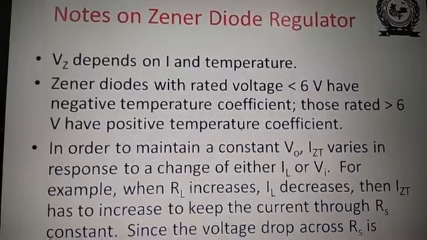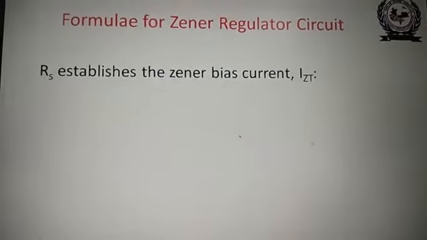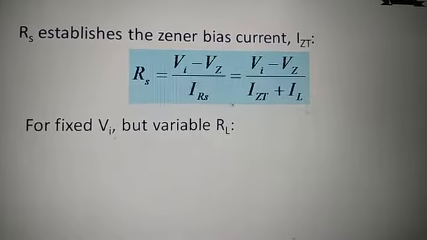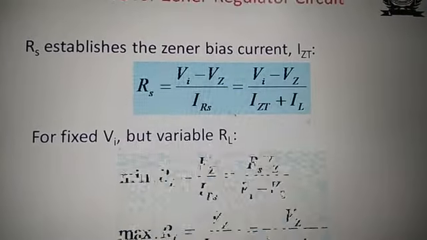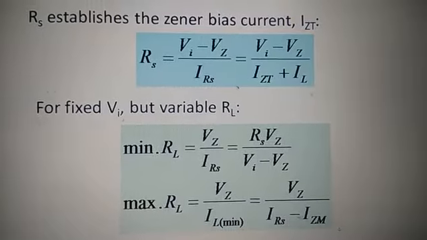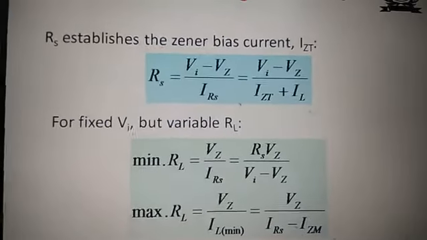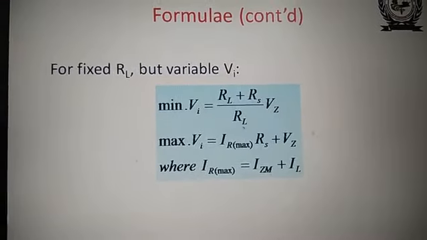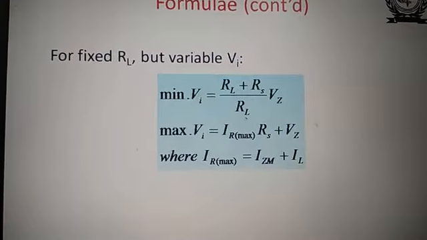The first formula is to calculate the value of RS. The second formula calculates the minimum value of RL load resistance and maximum value of RL. Then calculate the value of minimum input voltage and maximum input voltage,